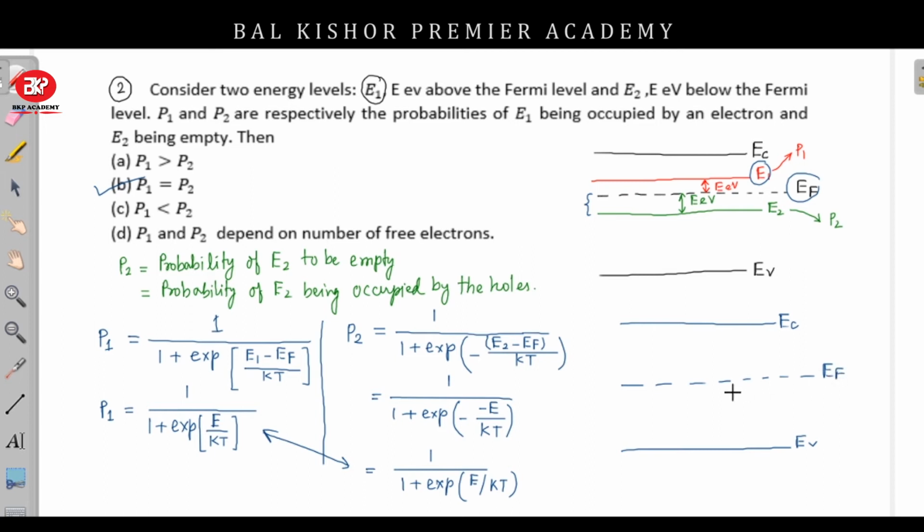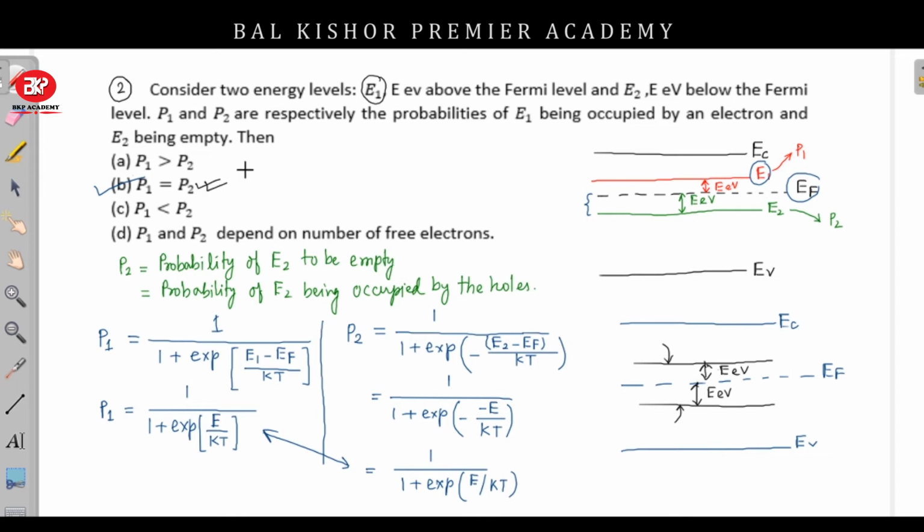then if there is a energy level above the EF like this, which is some amount of energy above the EF, and there is another energy level which is same amount of energy level below the EF, then ये वाले energy level पे इलेक्ट्रॉन मिलने का जो चांस होगा और ये वाले एनर्जी लेवल पे होल मिलने का जो चांस होंगे दोनों सेम होगा। This is an important conclusion कि ऊपर वाले एनर्जी लेवल पे इलेक्ट्रॉन मिलने का चांस will be equal to the नीचे वाले एनर्जी लेवल पे होल मिलने का चांस, दोनों सेम होंगे according to this numerical. So this is the right option, P1 will be equals to P2.